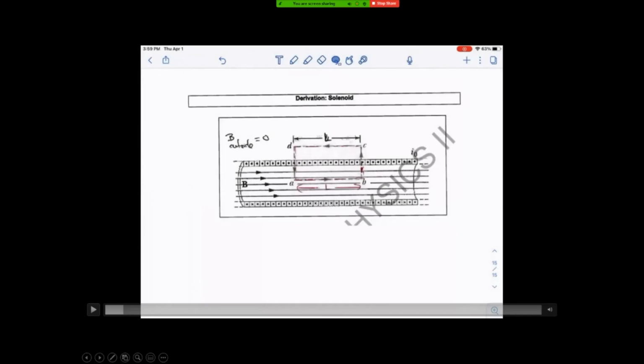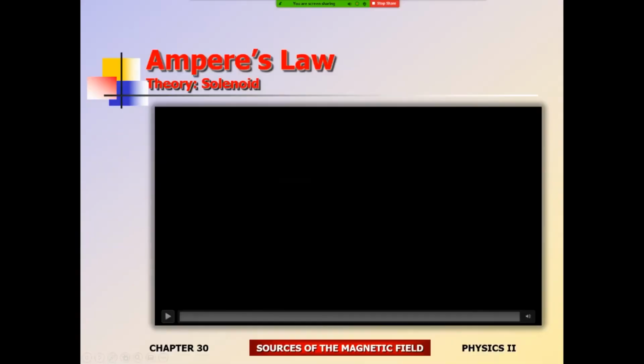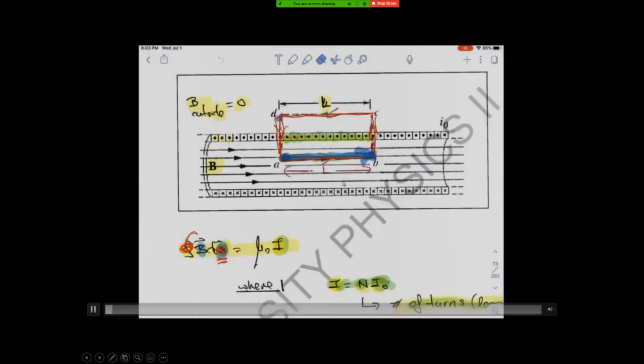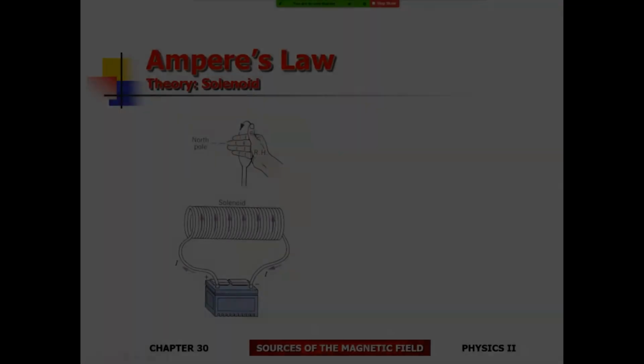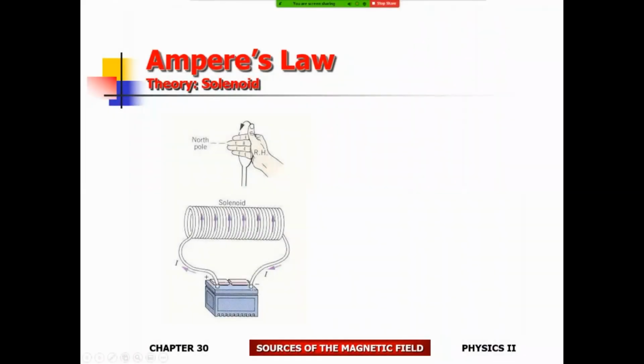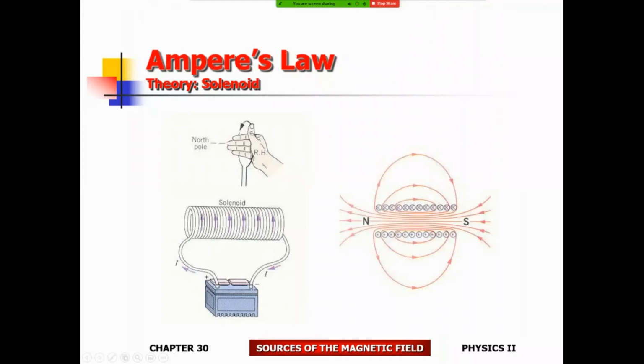Something is deceptive about this. What's deceptive about it is the oversimplifications that we made. We came up with a lot of simplifying, underlying oversimplifying assumptions. The reality of it is no one has an infinitely long solenoid. There's no such thing, obviously. What that means is the strength of the magnetic field within cannot be constant. So despite the fact that we came up with that expression,